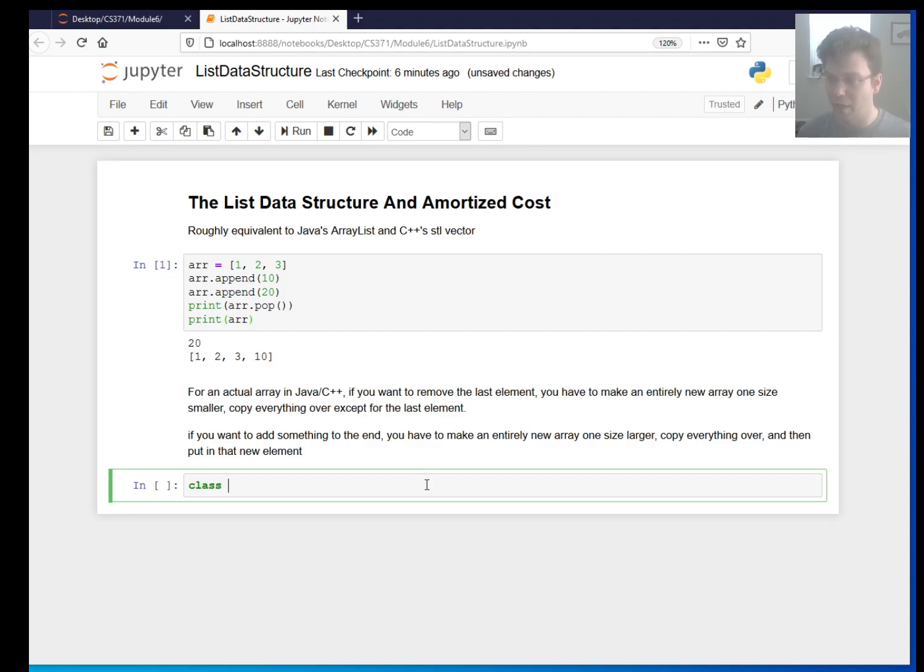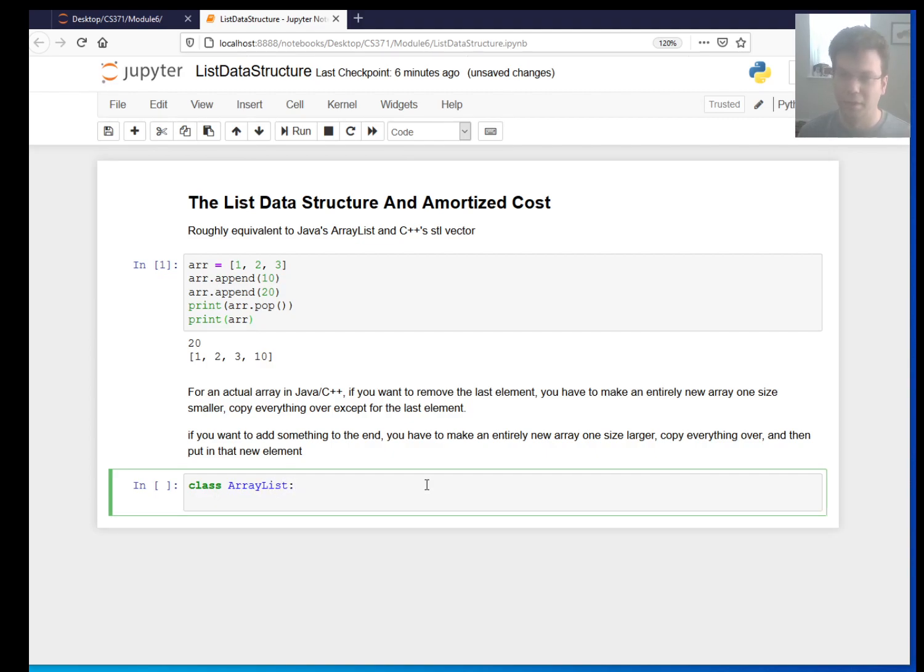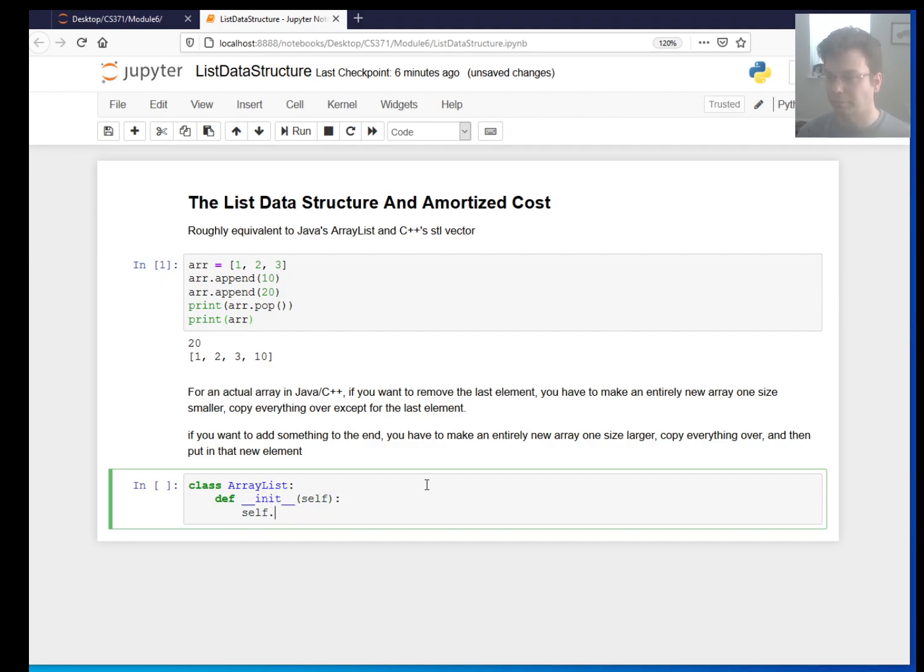So I'll call this an array list, just because Python already has something called a list. And I'm just going to start to make it. So even though I want this to be better than an array, I can actually use an array behind the scenes. So what I can do is create an array that maybe I have to resize. So I'm going to assume that the array stays fixed. So I have an array in the background,